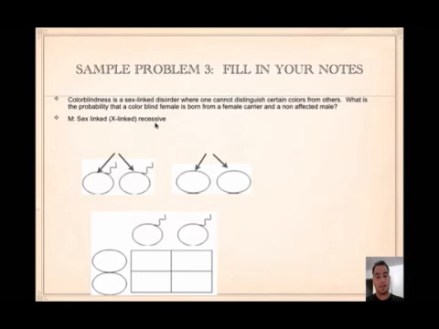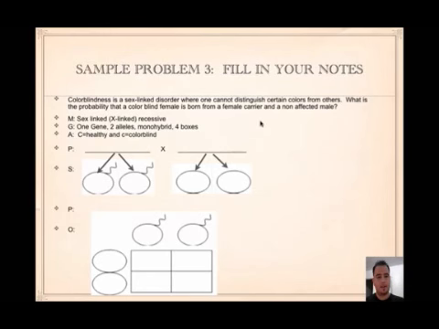So it's sex-linked, and it's recessive because color blindness, like most sex-linked disorders, is recessive. It's one gene, 2 alleles, and monohybrid, 4 boxes because we're only talking about color blindness. Big C is healthy, little c is colorblind because little c is recessive. The colorblind is recessive. We figure out the parents, and here they said that the male is not affected,